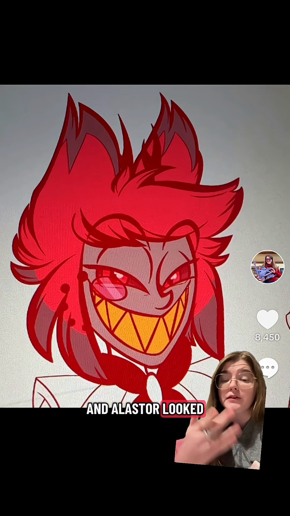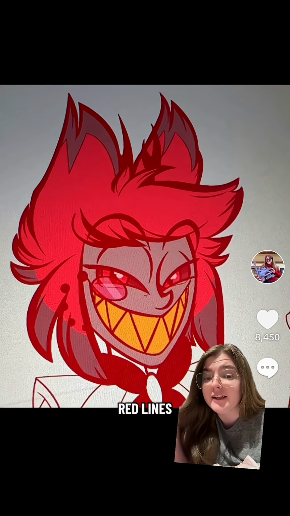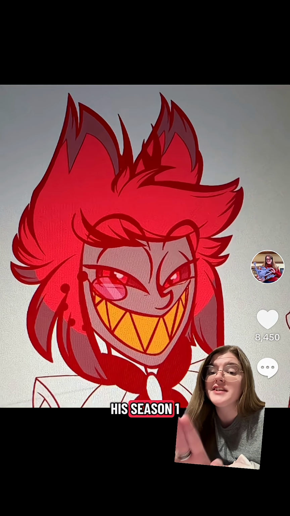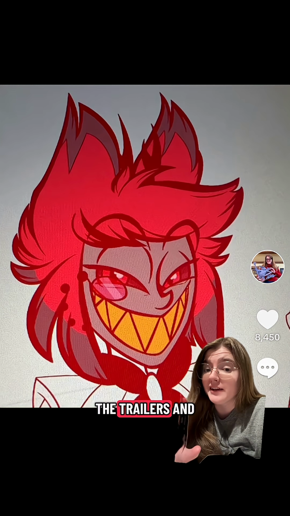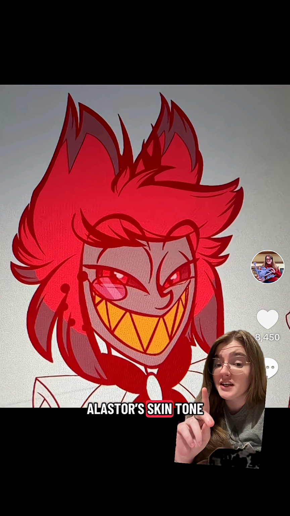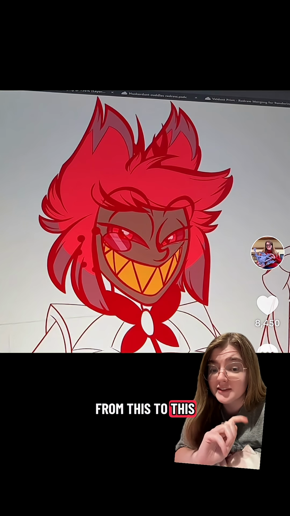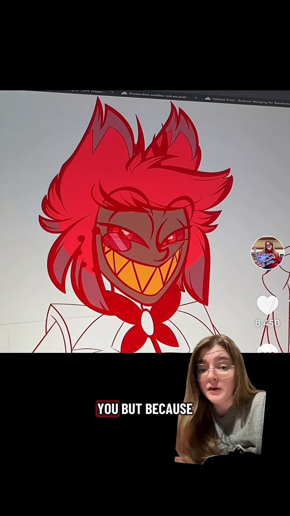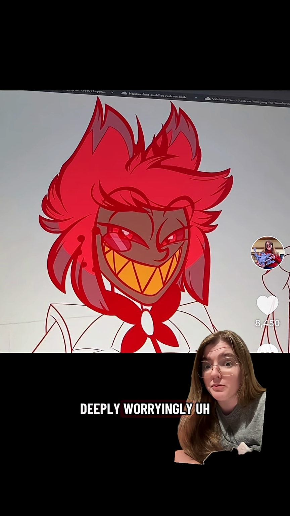And Alistair looked like this. I did have to adjust some of his colors to be more visible with the red lines, but overall he looked decent. But this is also Alistair with his Season 1 skin tone. And in Season 2, as we have seen from the trailers and promotional images, Alistair's skin tone is updated. And he went from this to this. That is genuinely the same color that he has in Season 2, I swear to you. But because of color theory, it looks bad at best and deeply worryingly